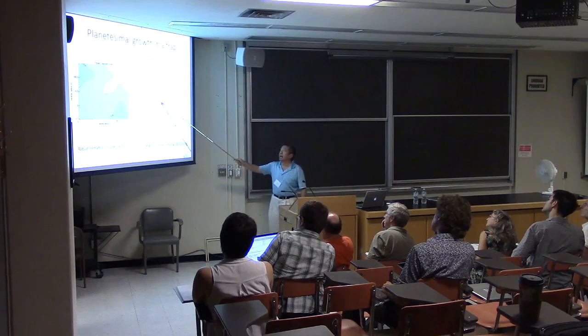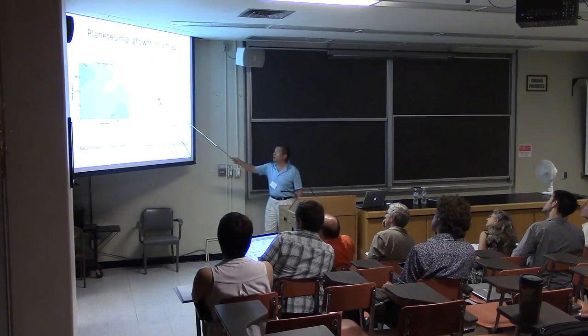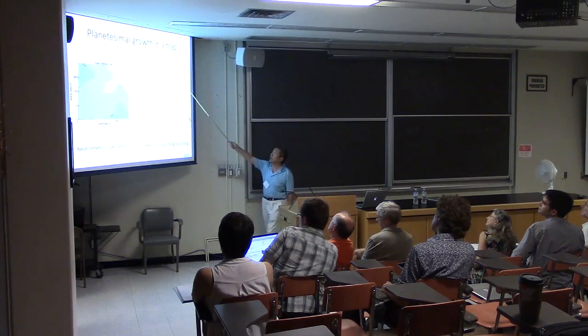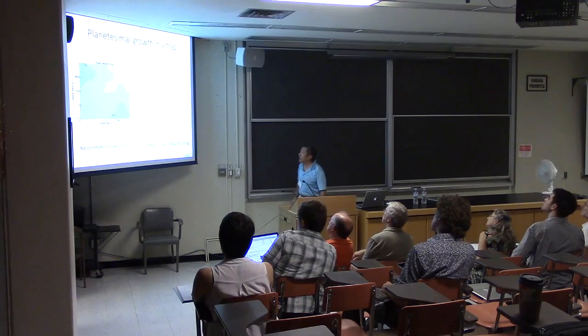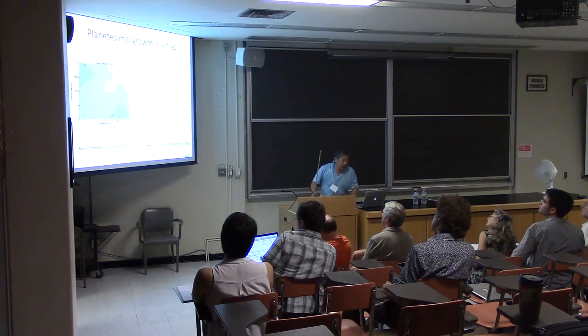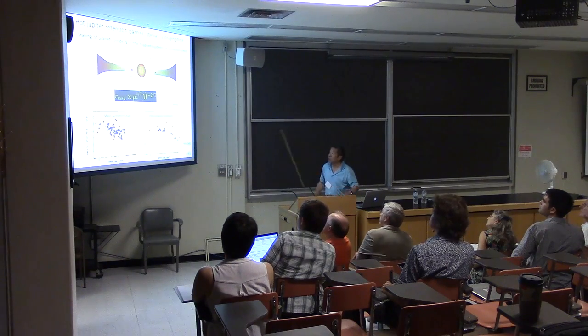So if you can stop this region near the central region, and you can accumulate, and you put all of these effects into account, you can look at the distribution, and then you can see that in a relatively short timescale of tens of thousands of years, you can already start to form objects which are several thousand kilometers in size. Okay,